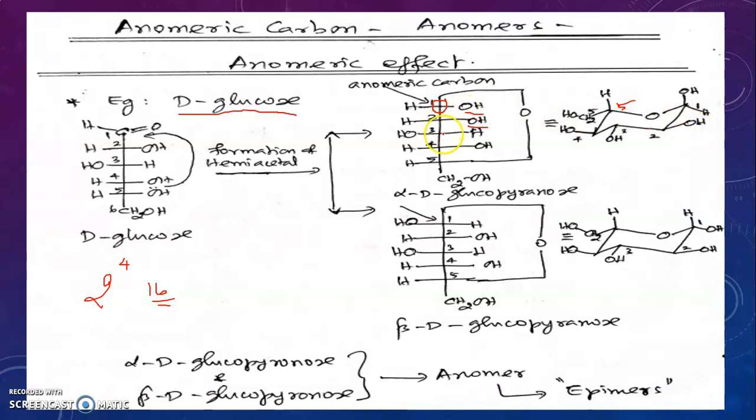Now you see 2 and 3. In 2 and 3 the OH groups are opposite, so trans isomer. So this is also a 1,2 relation. For 1,2 trans, both should be axial or both should be equatorial. Since in the second carbon we placed the OH group in equatorial, the OH group in the third position must also be in equatorial position. Similarly, if you see 3 and 4, again trans, so it should be in di-equatorial form. Since carbon number 3 has the OH group in equatorial position, the OH group of 4 must also be in equatorial position.